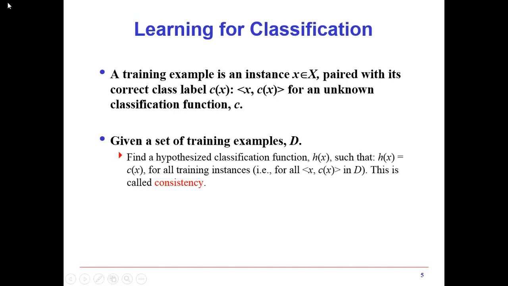This is the classification, like h(x) is your hypothesized classification function, which will be able to determine all the class labels for a given x. मतलब सारे इनपुट के लिए आपको एक क्लास लेबल फाइंड आउट कर पाएंगे, ठीक है. तो वो जो आपका फंक्शन होगा that is h(x), the hypothesized classification function. And this function will be consistent only if it is able to correctly define your corresponding class label.